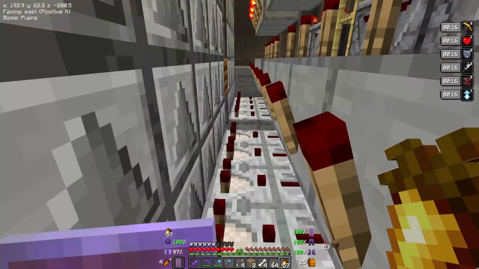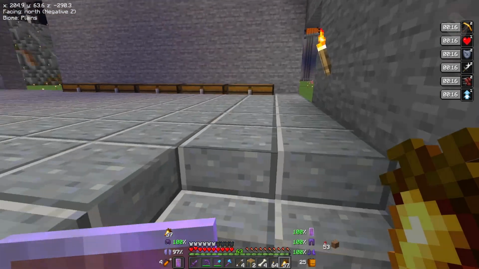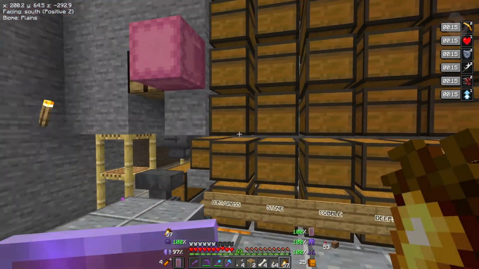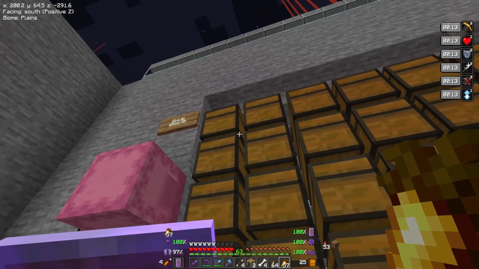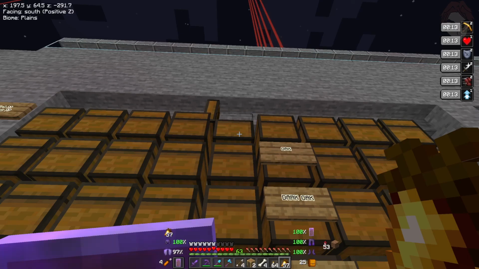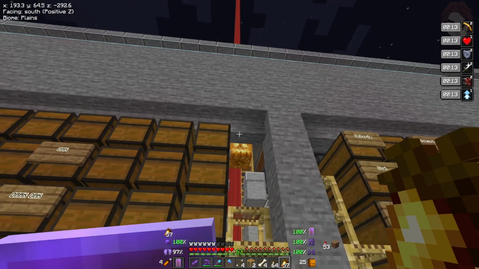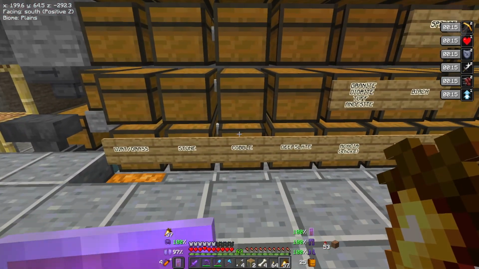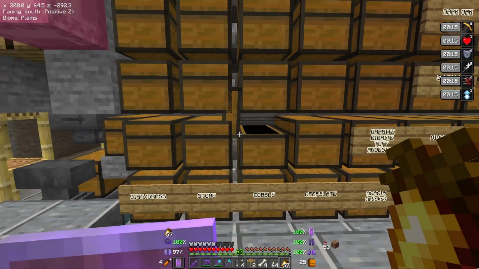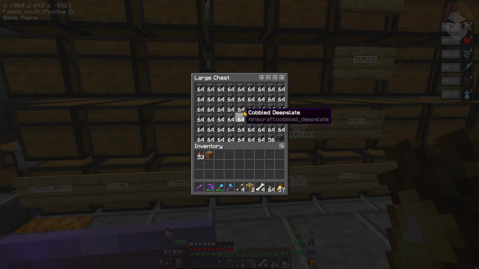But I will say, when I'm here in this area, it lags a little bit more. I lose a lot of frame rate, but the convenience is nice. I just dump whatever I have down there, and it'll get sorted up here. Right? This is the overflow dirt and stone, since I tend to get a lot of those. And then here, all cobblestone. And then here will be more stone. And then here will be all the deepslate